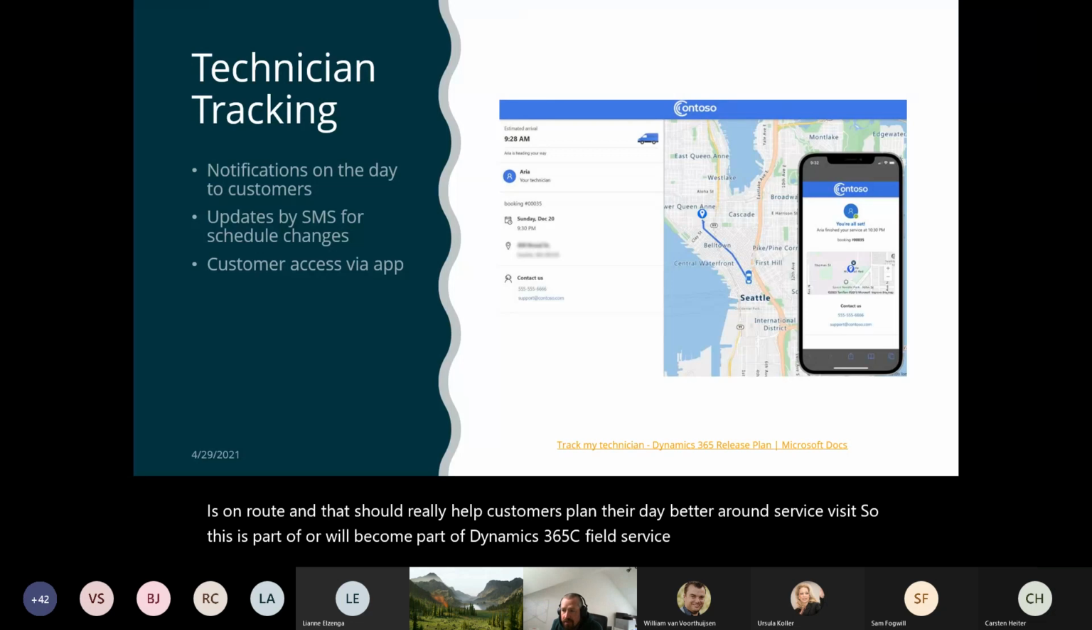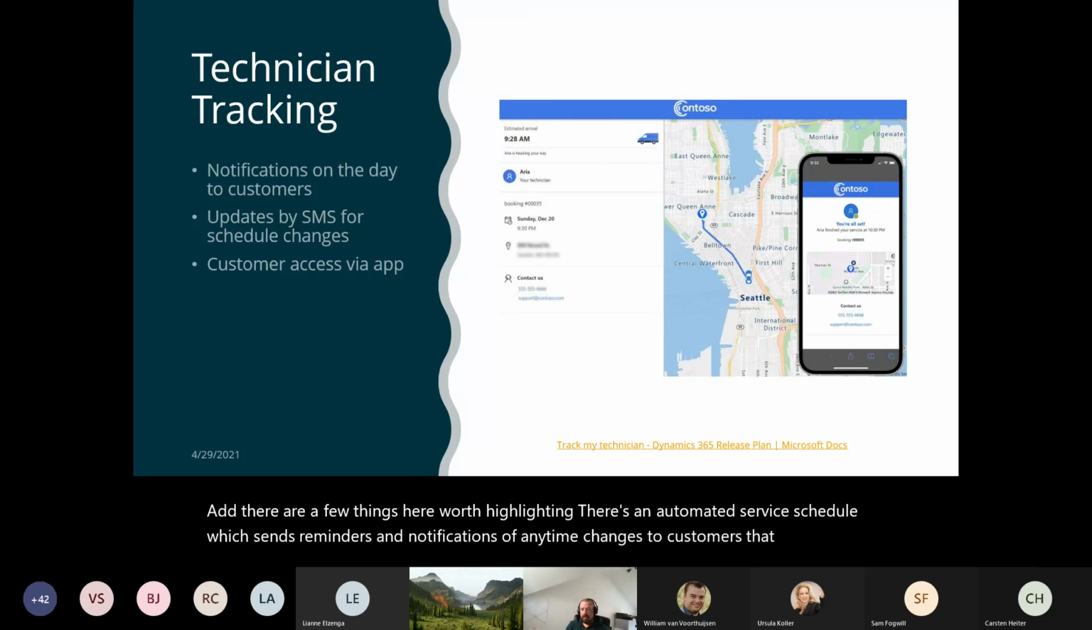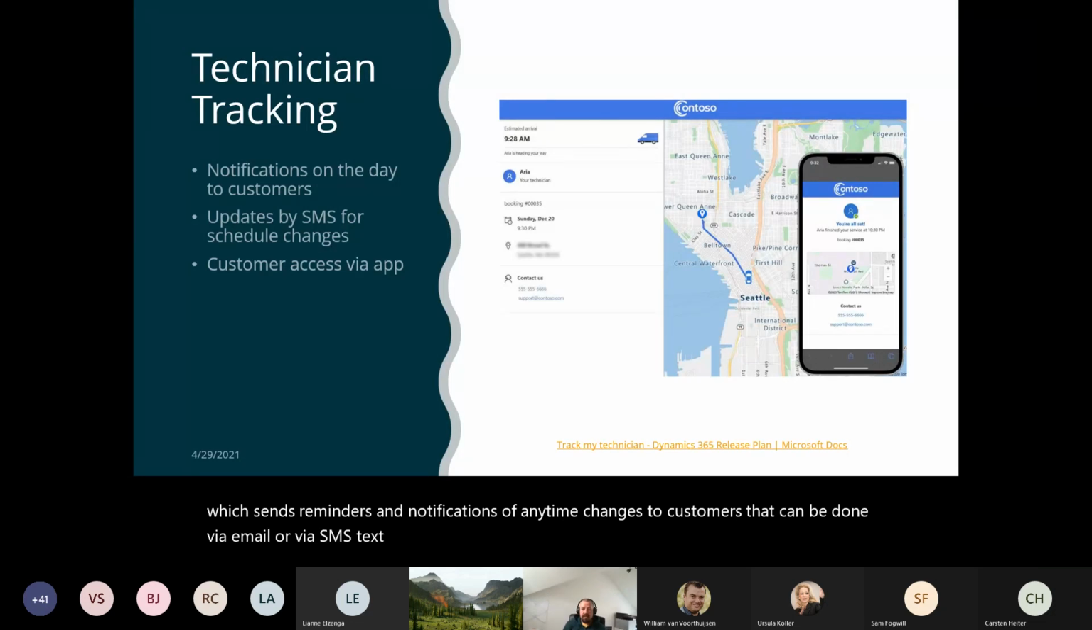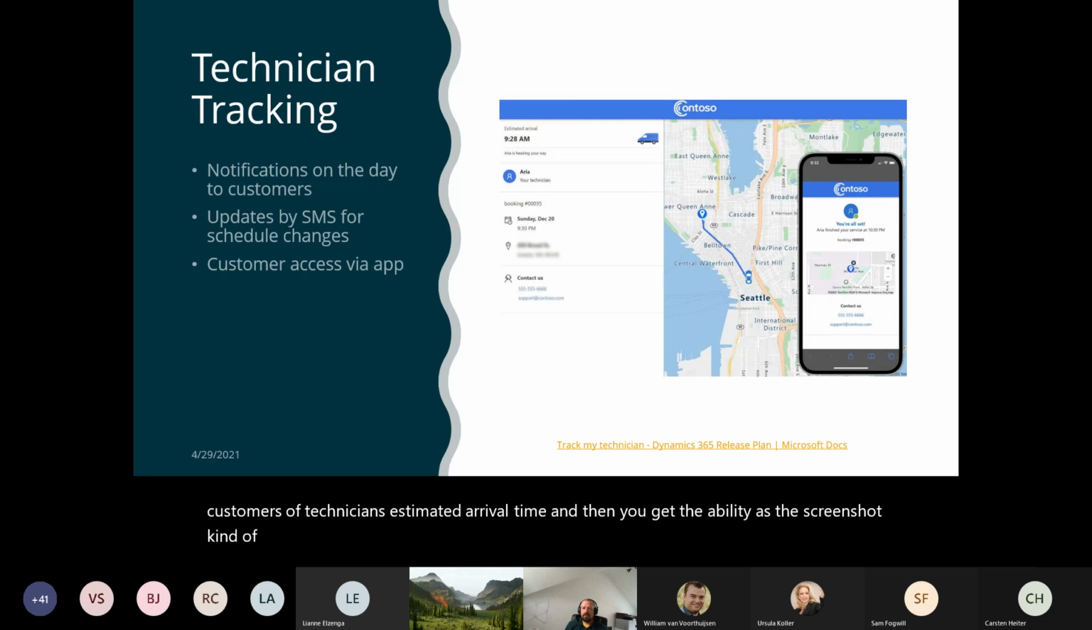So there are a few things here worth highlighting. There's an automated service schedule which sends reminders and notifications of any time changes to customers. That can be done via email or via SMS text message. Obviously, on the day of service, you can automate the sending of notifications informing customers of technicians' estimated arrival time. And then you get the ability, as the screenshot shows there, to track the technician's progress to the